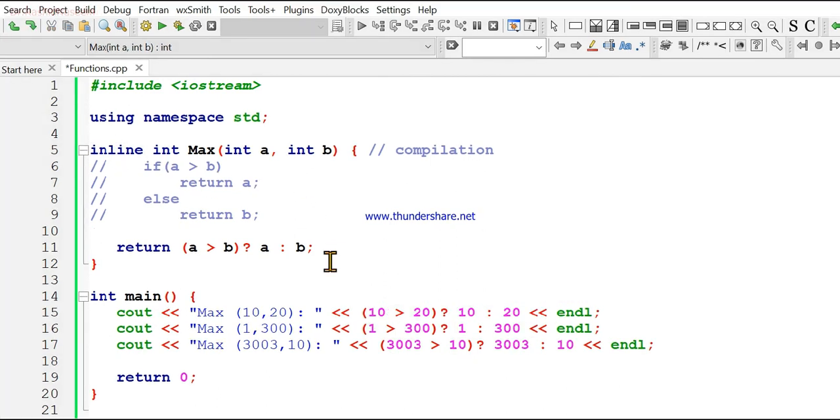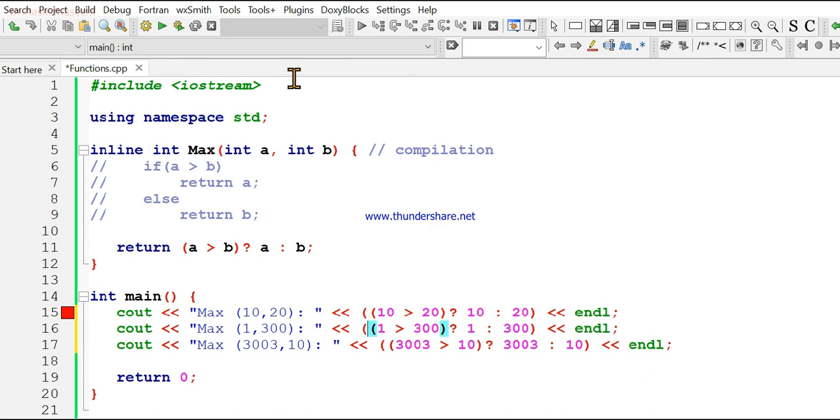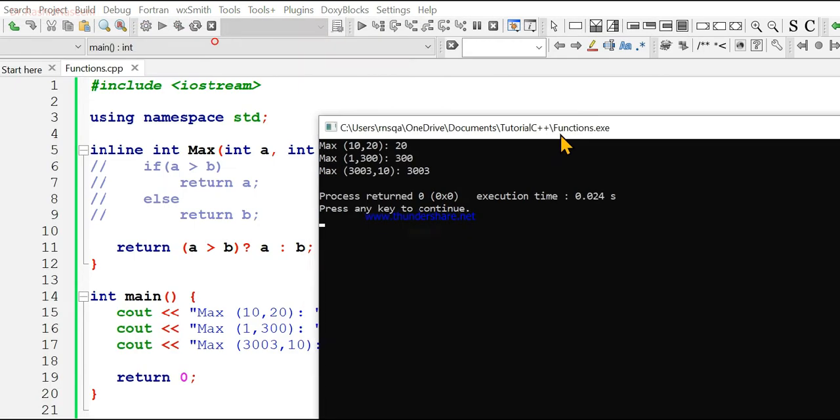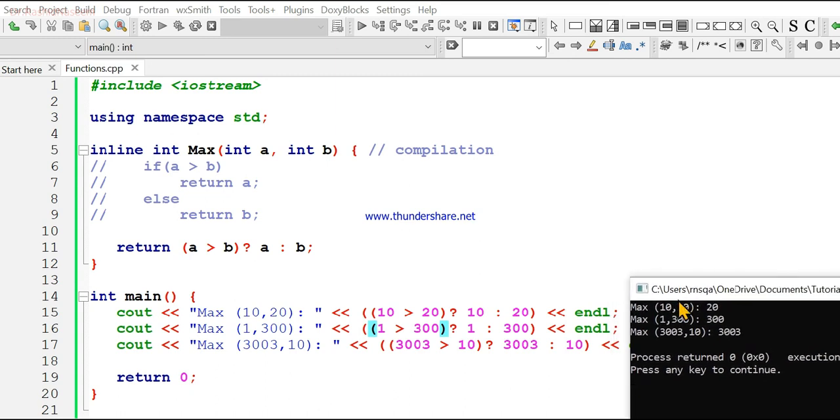Let's build this program, execute it and see the result. It gave us an error because we are using the conditional operator here, so we need to enclose the whole statement in parentheses, just like this. We will do it for the other statements as well. Now the compiler will hopefully not give us any error. Yes. Here you can see that the first statement gave us the result 20 using the ternary operator as a conditional operator, the second statement gave us 300, and the third statement gave us the result